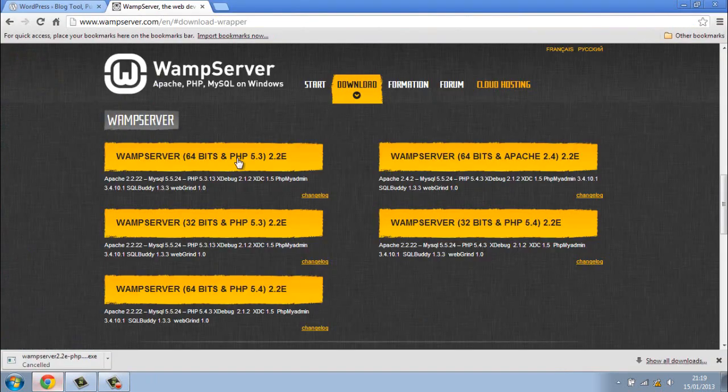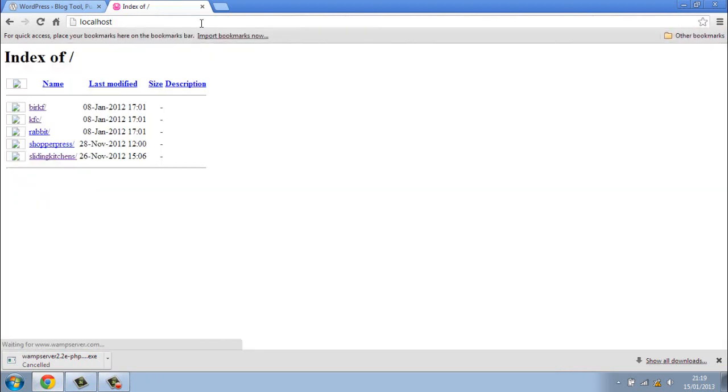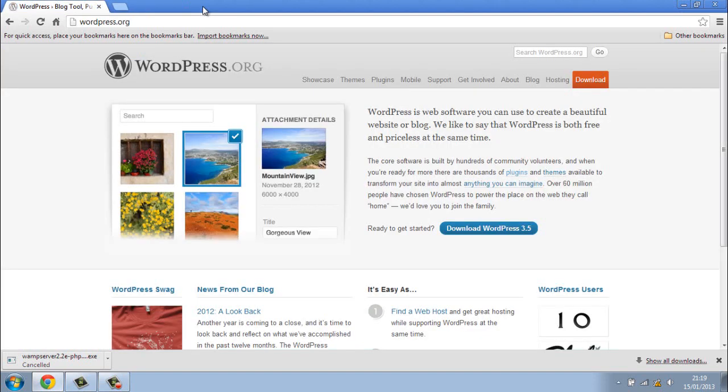Because I just want to show you something now. If we go to localhost, nothing is coming up with all these Rabbit. If we click on that, we could create the file now. What I want to do ahead of time is, there doesn't seem to be a config file. Now you can go ahead and create one, but sometimes it can complicate things and it just won't happen. So what we need to do